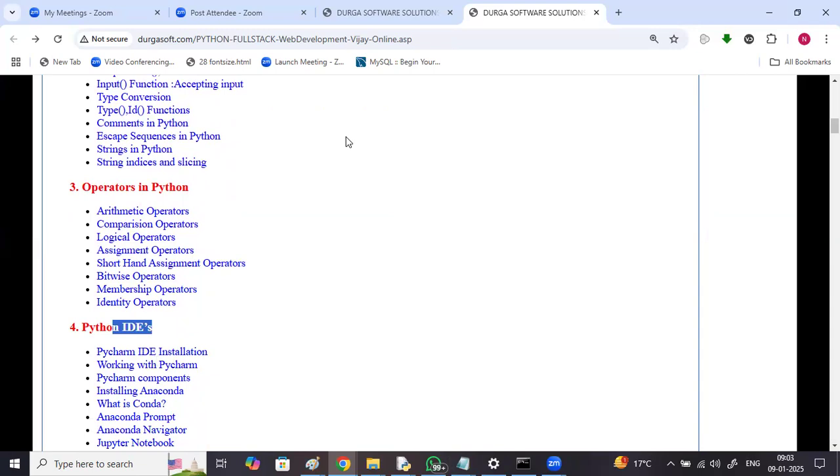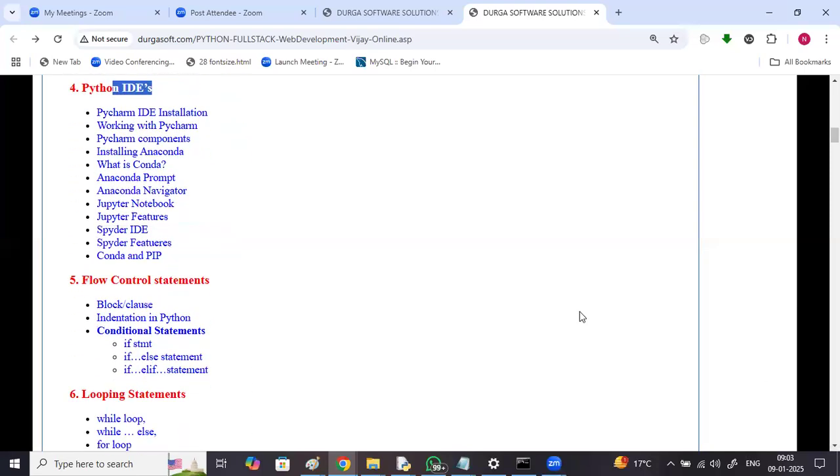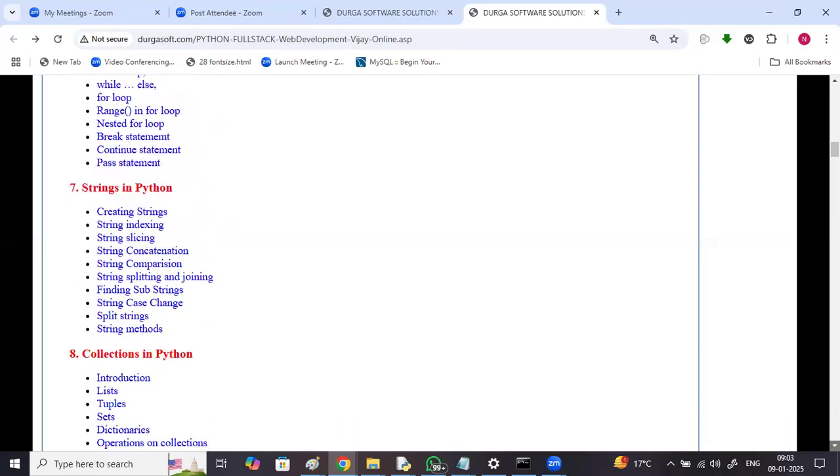So in real time, we use different IDEs. I'm going to show you how to work on these IDEs, how to download them step by step, how to write the code, how to run the code, different IDEs, flow control statements, looping statements, strings in Python,